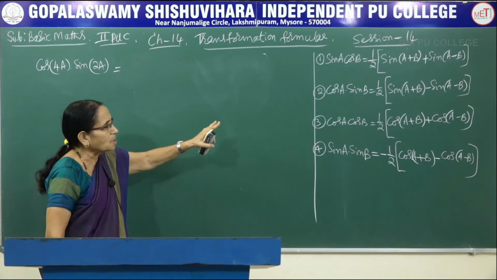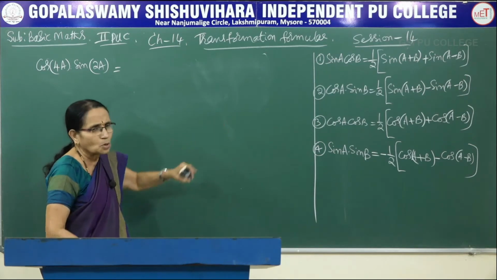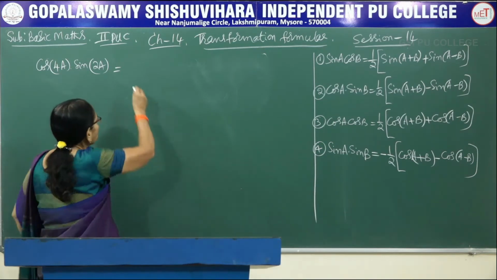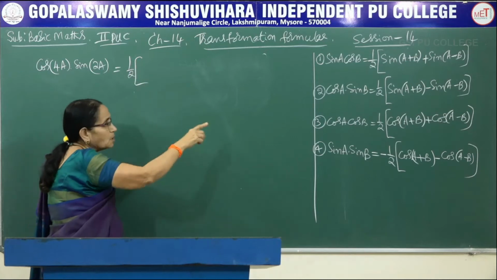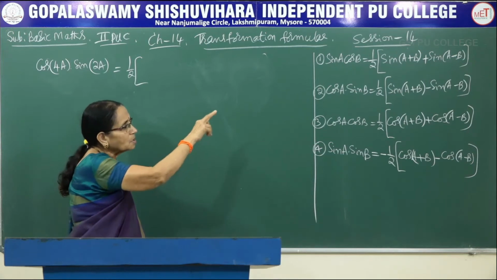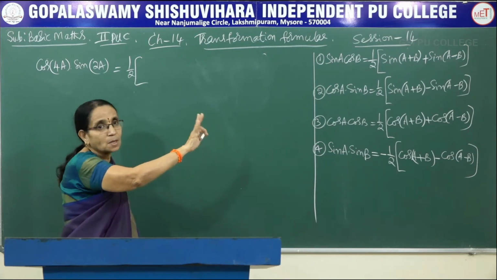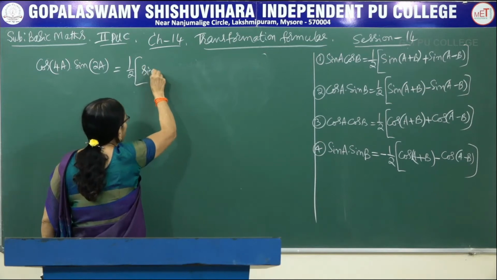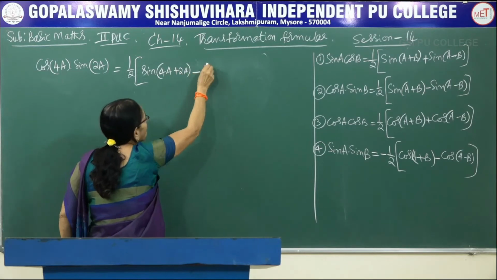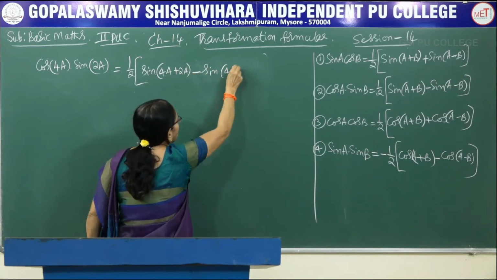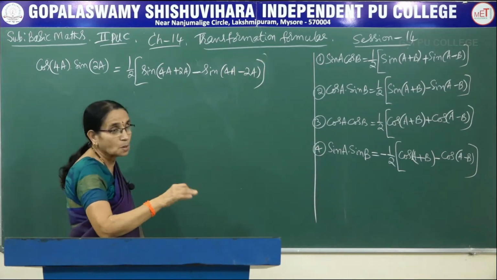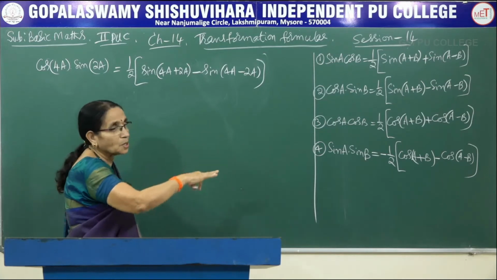Now, when the cos comes first and the sin is afterwards, I told you, you have to remember it like that. It is not a rule as such. So, here it is half of, first I write half, sin ratio only. Whenever you have a mixed product, it would be in terms of sin only. If sin comes first, in between plus sign; cos comes first, in between negative sign. So, this is sin of a plus b, 4a plus 2a, minus sin of a minus b. To maintain the symmetry or to make it easy to remember, the formula have been given like this.